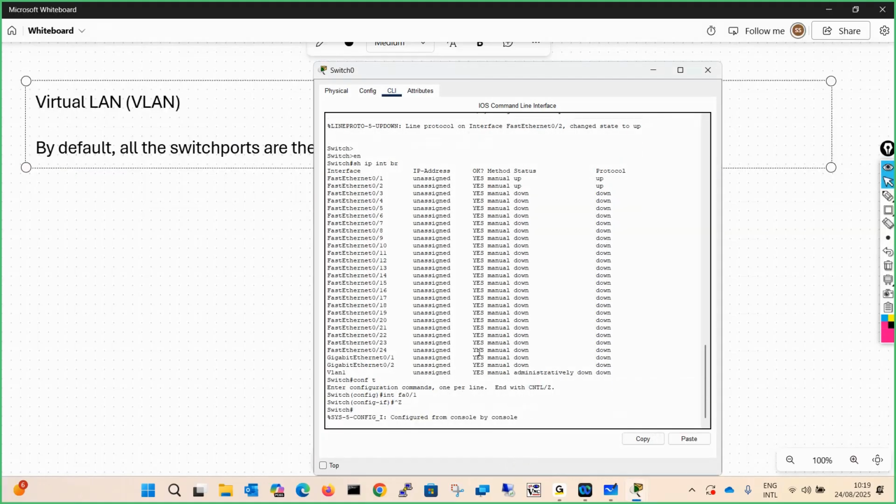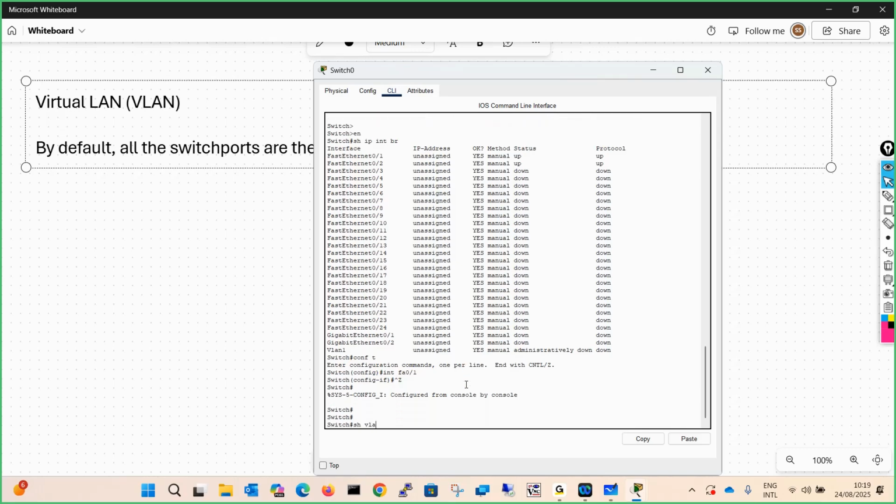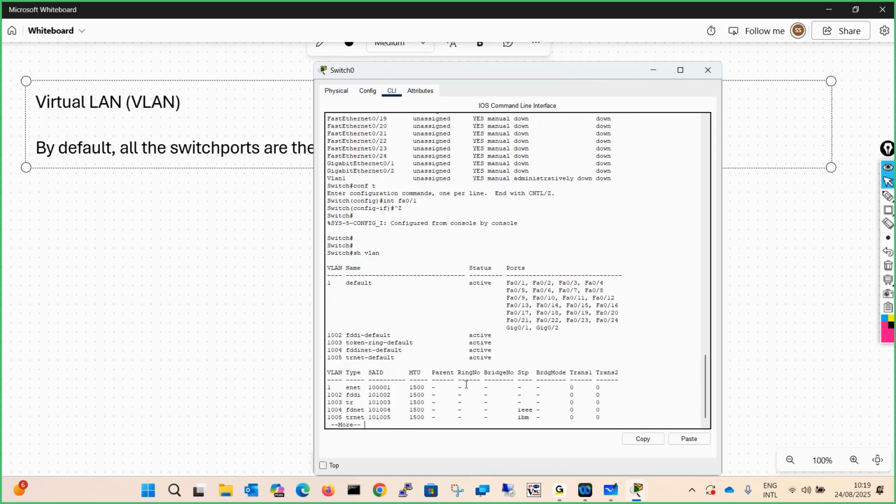Now, if you want to check VLANs in the switches, the command is show vlan, and you will see that there is VLAN 1. We have not created any VLAN till now, but you can see VLAN 1 is there by default. The name is default, and you will see that all the ports of the switch, from FastEthernet 0/1 to FastEthernet 0/24, and gigabit Ethernet ports 0/1 and 0/2, are members of VLAN 1, meaning all the ports are members of a single broadcast domain.